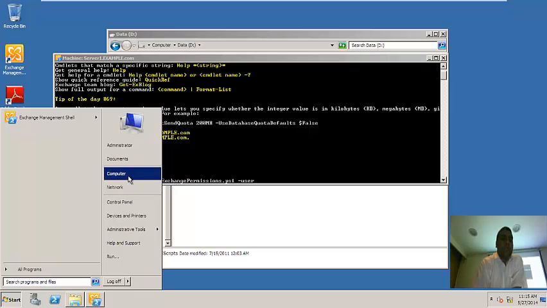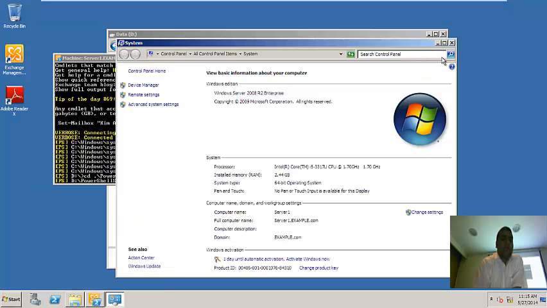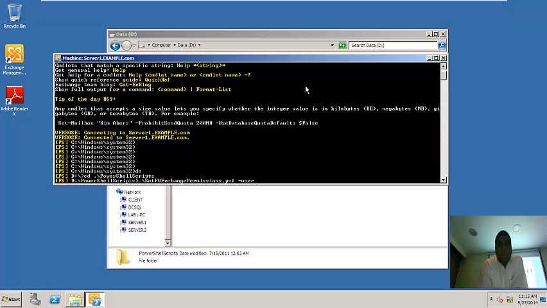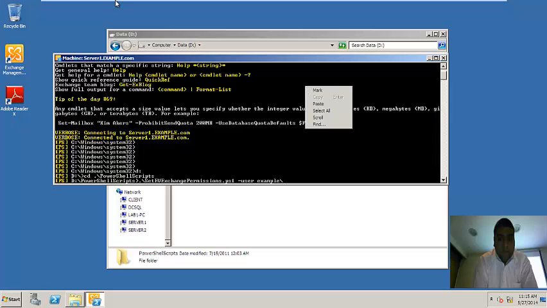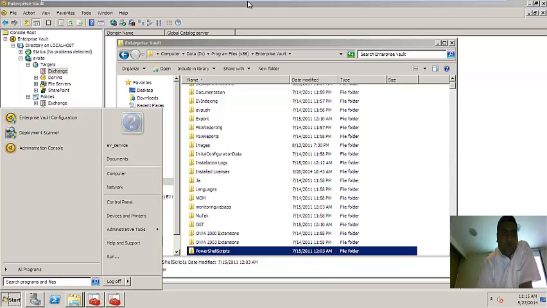Whatever your EV service account is. example.com is our domain. So example backslash EV service, I think. One minute, we'll confirm it from EV. Okay, EV underscore service. Whatever your service account is, you have to mention here.